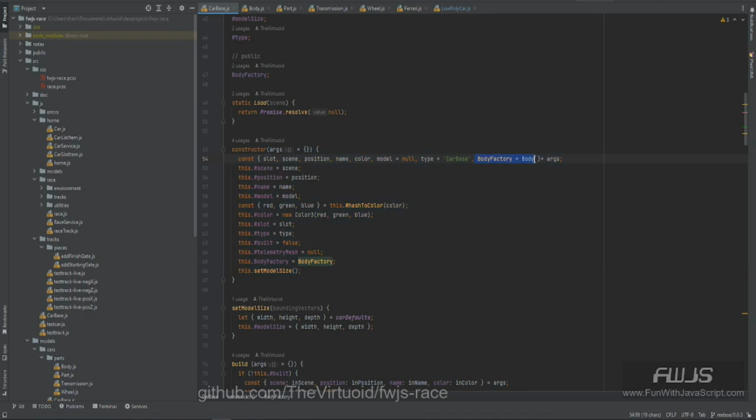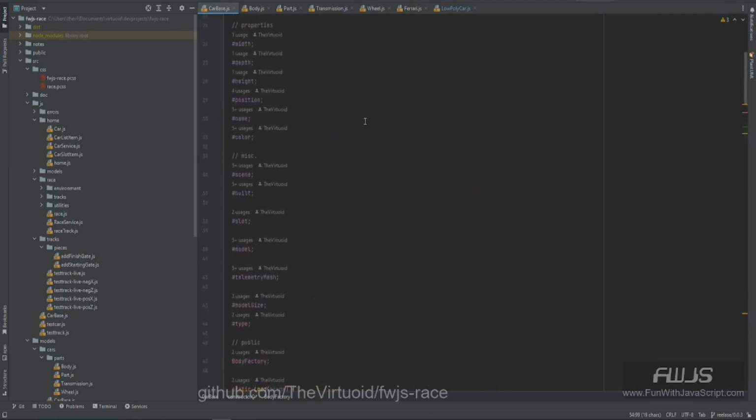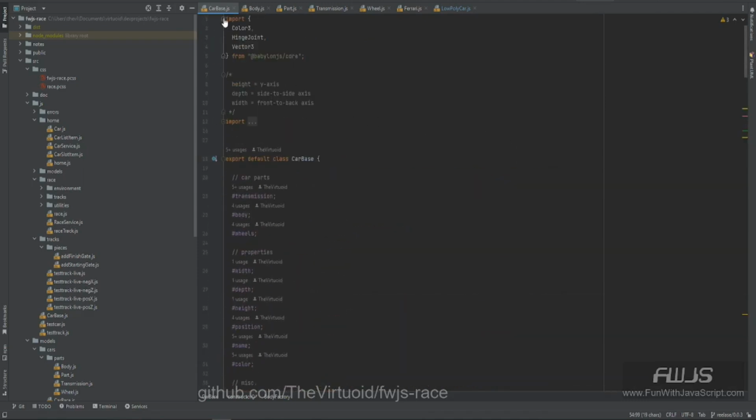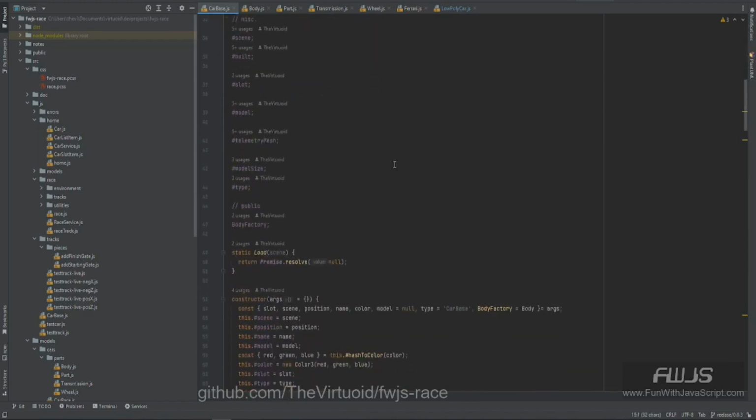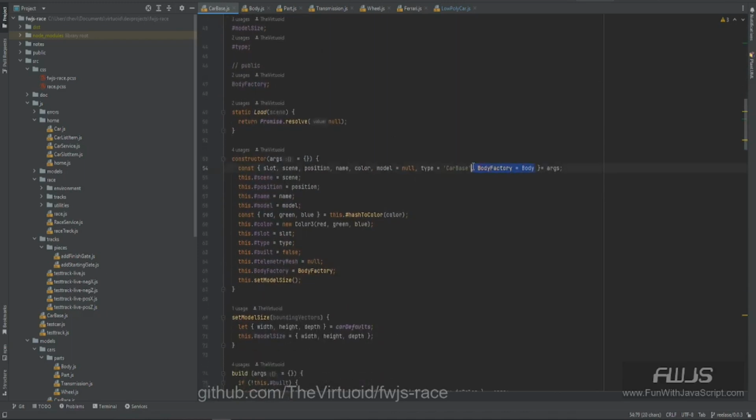I am passing a property here called body factory, and I'm equaling it to the body class, and I'm importing that way at the very top here somewhere. There it is, right there. I'm importing body from body, and I'm saying that the default body factory is body, and that's going to become important. Is that when we create the LowPolyCar or when we create the Ferrari, what we're going to do is